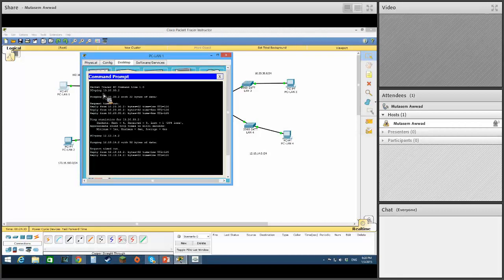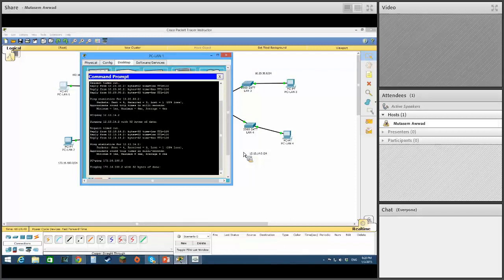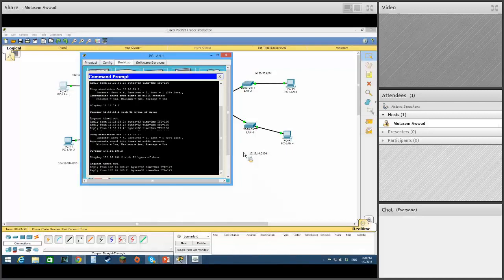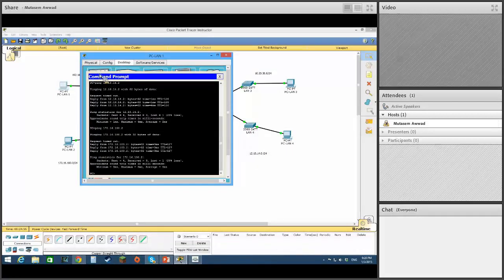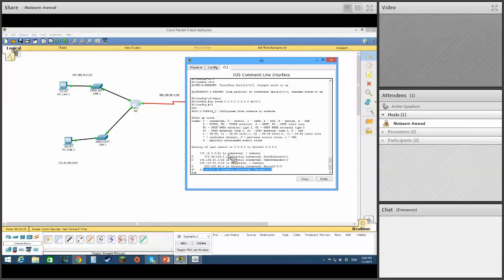Good. And he should be able to ping PC. He should be able to ping also PC and LAN 2, which is 172.16.100.2. Excuse me. And here we go. Okay, excellent. Now since he pinged and he went through the router, let's go to router 1 and type